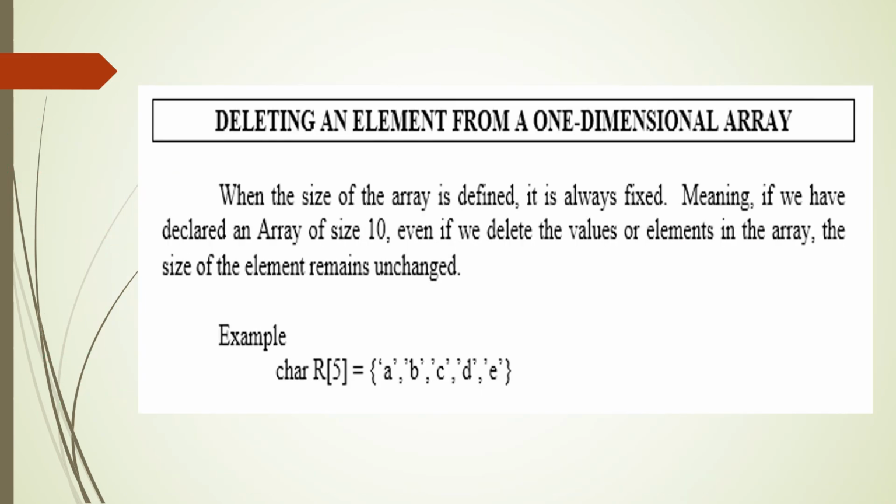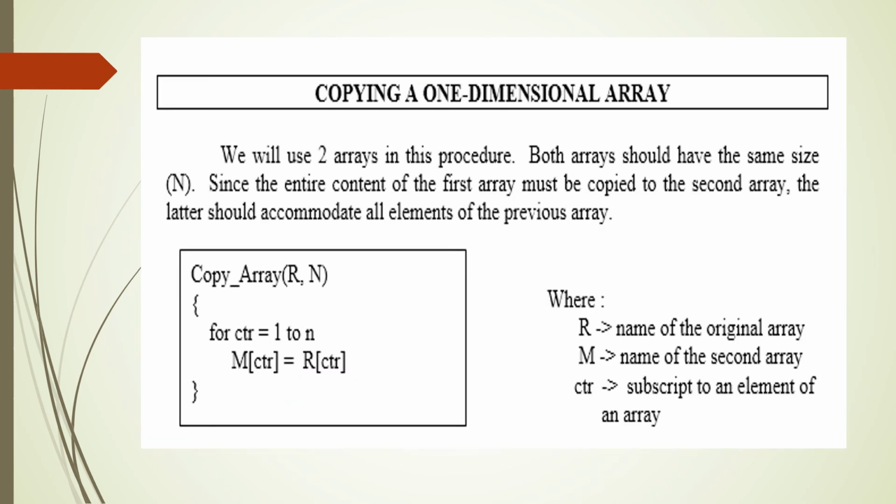Alright. Going to the third operation. Okay? So, that is deleting an element from a one-dimensional array. So, how are we going to delete an element? Okay? Let us say we have here an array named R of size 5. So, it has its elements as A, B, C, D, and E. So, if you want to delete that element,